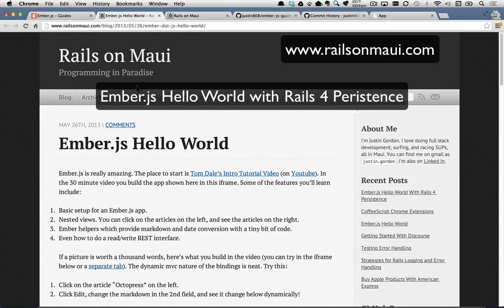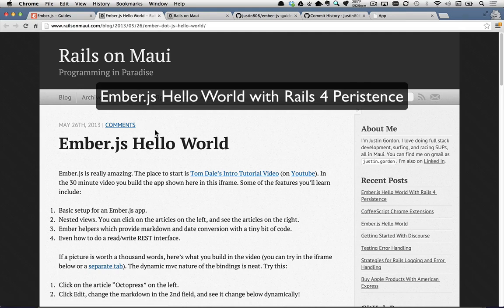Hi, this is Justin Gordon, and I'm going to give you a quick presentation on making EmberJs work with Rails 4 persistence. A couple weeks ago, I created a blog post called EmberJs Hello World, and what I did